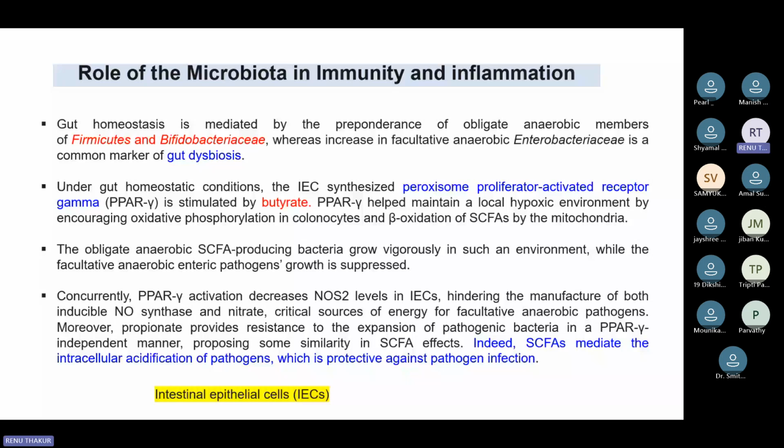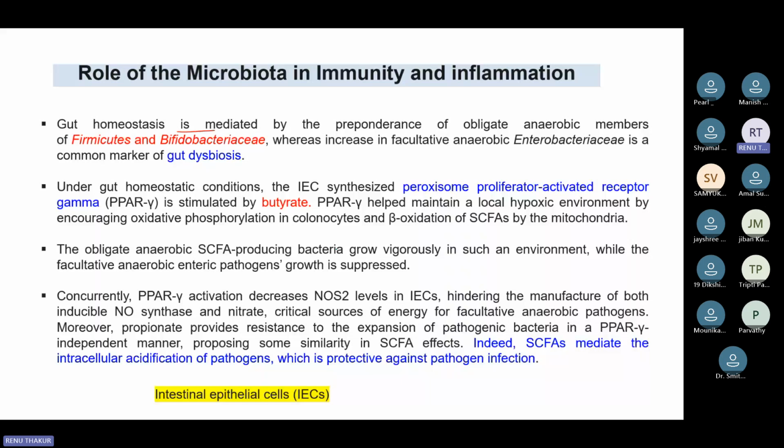You know that gut homeostasis is maintained by the presence of obligate anaerobic bacteria, specifically Firmicutes. If our body has an intact gut microbiota, the concentration of Firmicutes and Bifidobacteriaceae will be high. But when there is an increase in facultative anaerobes like Enterobacteriaceae, which is a common marker of